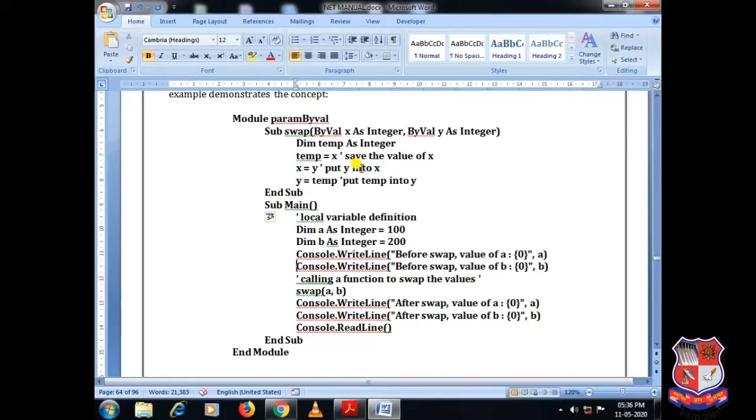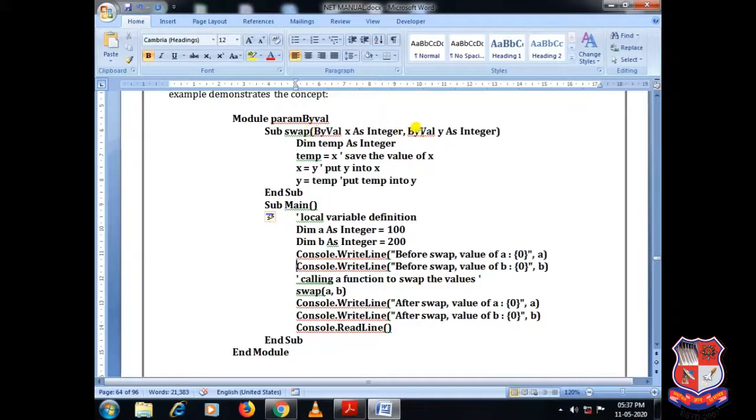We cannot get the effect of swapping outside the procedure. So for that, we have to pass those arguments by reference so that we can have the effect of swapping outside the sub procedure or function too, right? So this is the example of swapping.